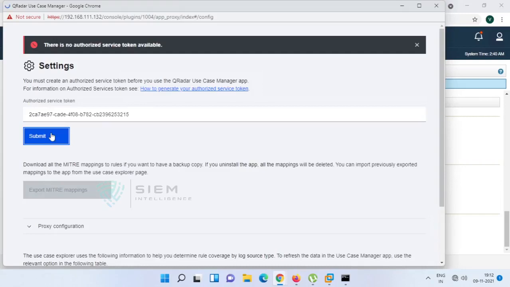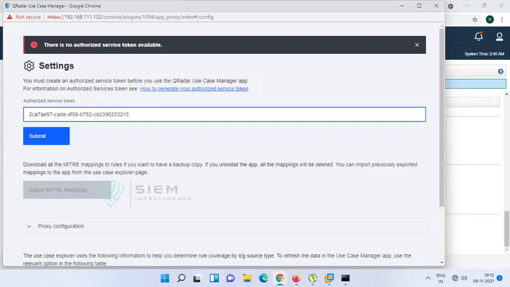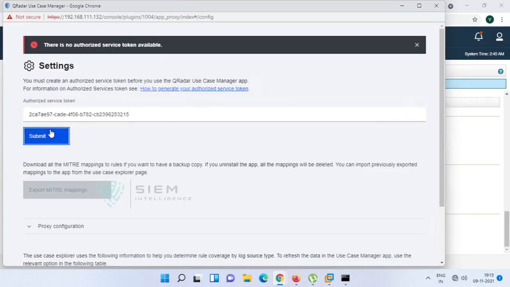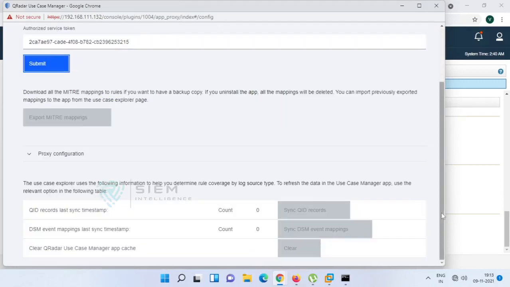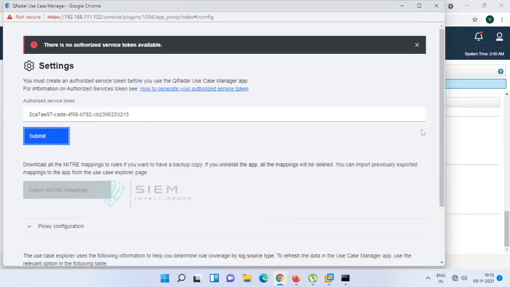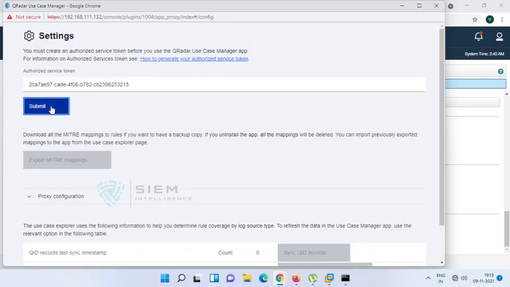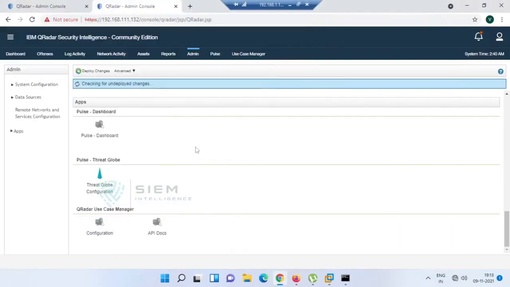Once it is completed, it is getting delayed.